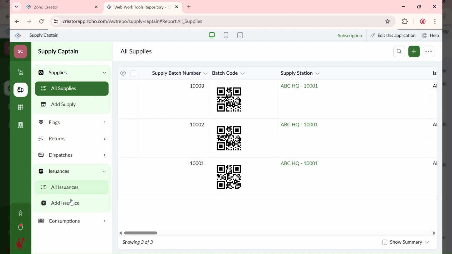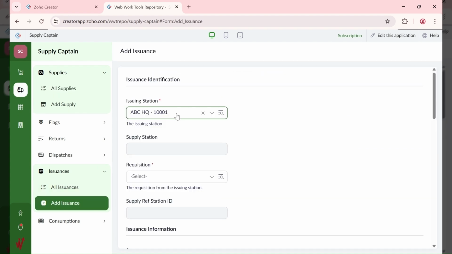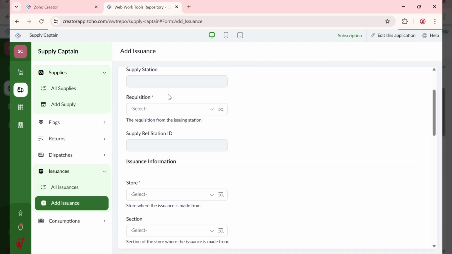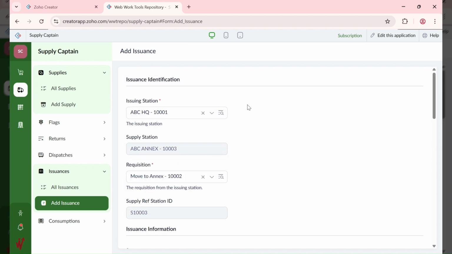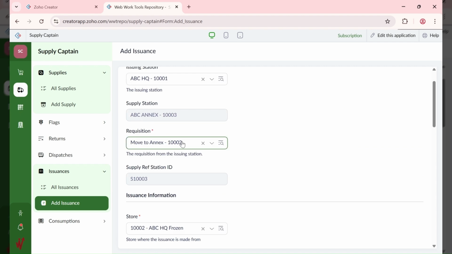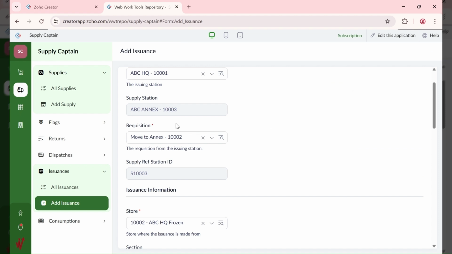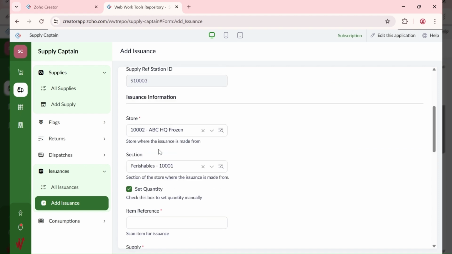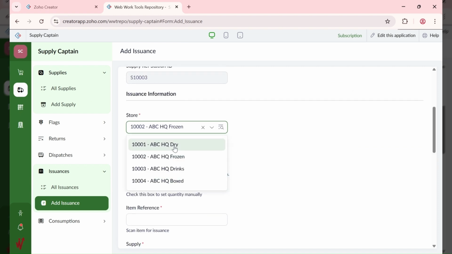So let's do our issuance. We're issuing the one that's, so I'm going to have to bring out from the first one. So that's how you reason it. So if I want to take it today, take one today, I'm taking from the first batch. I can't take the last one. The system wouldn't allow me. So I'm using move to annex. I'm using dry,